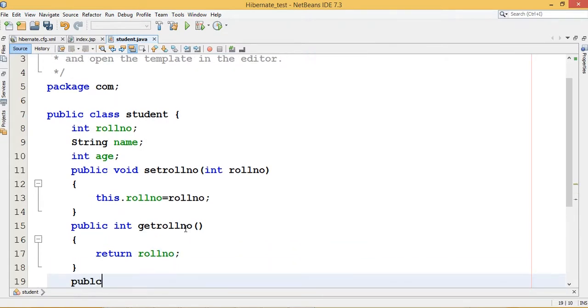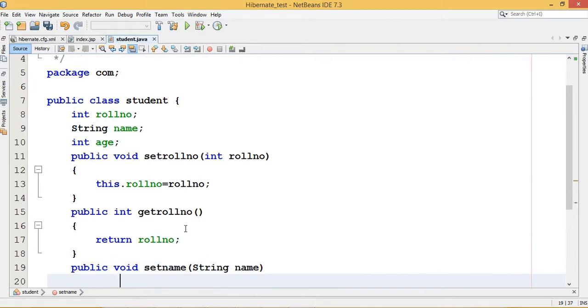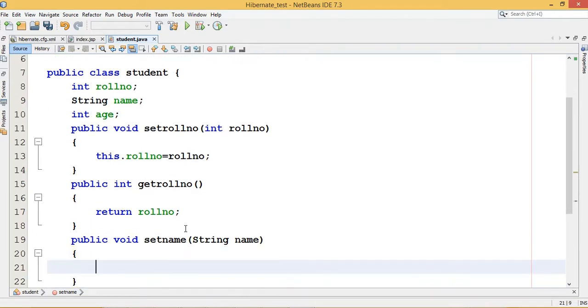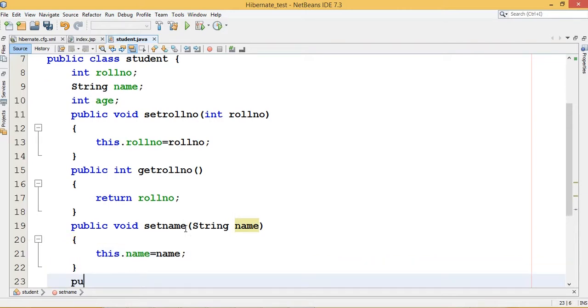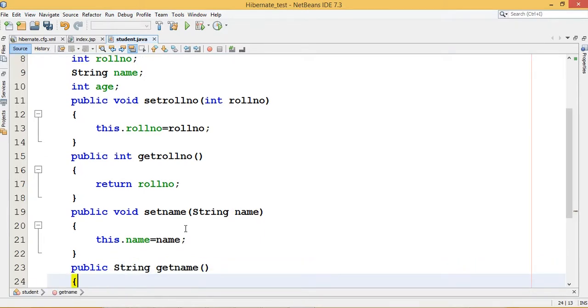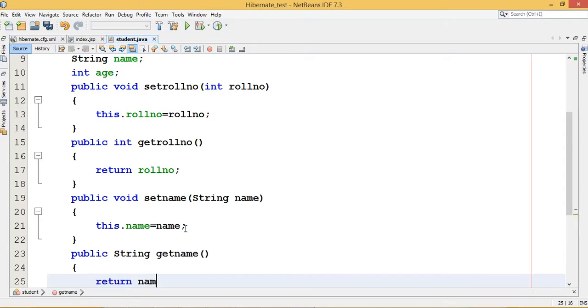Then public void setName, string name, then what you can write here: this.name equals name. Then public string getName, the return keyword must be name.